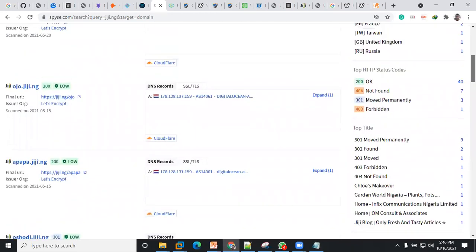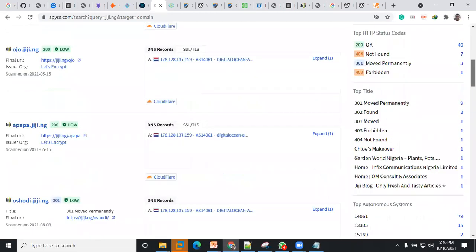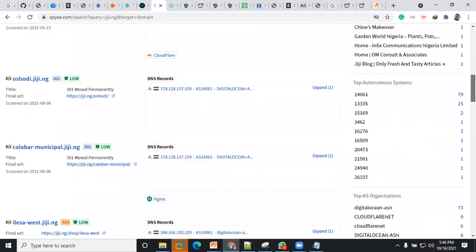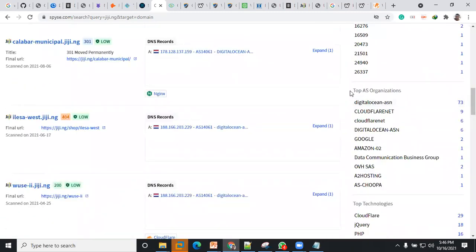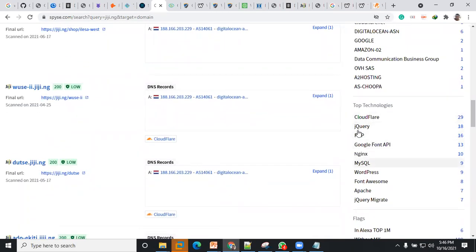You can see it's showing us some of the results, some of the HTTPS status, and also the various technologies being used on the website. It also gives you an insight about the various technologies currently used on the website.